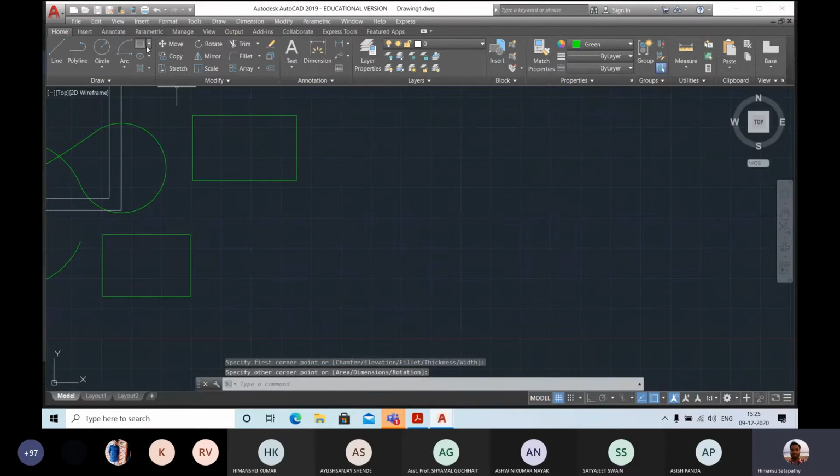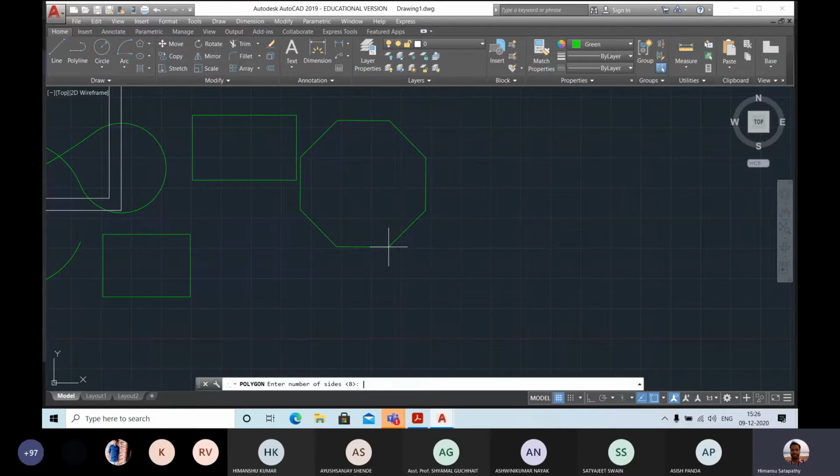Okay, similarly, other than rectangle, like square, triangle, pentagon, hexagon, octagon, heptagon, dodecagon, any shape, you can go for the polygon option. Under the polygon option, you can read this command line, polygon. By default 4 is there. If I want to draw an octagon, then I will mention 8. Then press enter. Then it is asking whether you mention the center of the polygon or edge option. Please do remember, the edge option is the best option. Select the edge option, mention the first point, second point. You can see I can just draw a polygon of 8 sides.